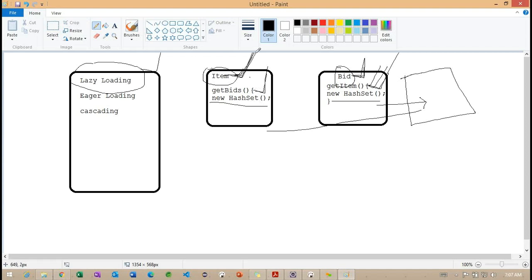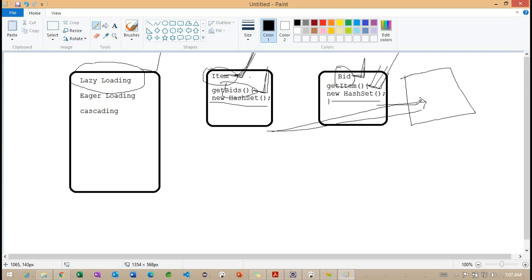We are trying to load the item object, but sometimes we have a requirement to load the bid records. So with the reference of this item, we call getBids. Whenever we call getBids, what happens internally? The request first hits the cache memory.